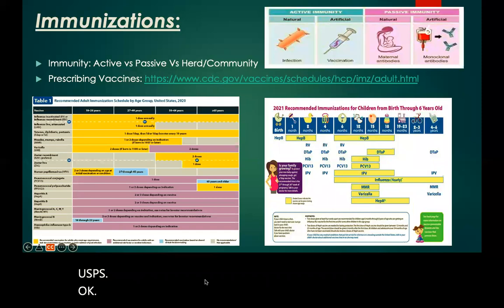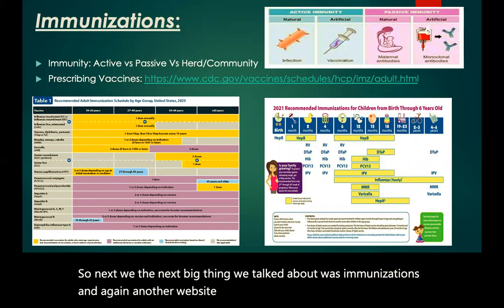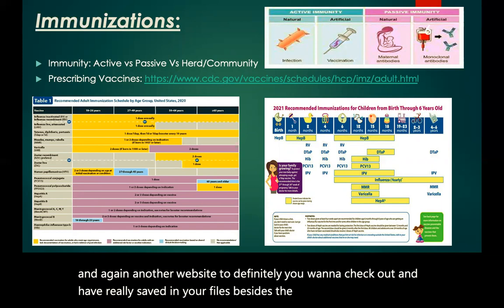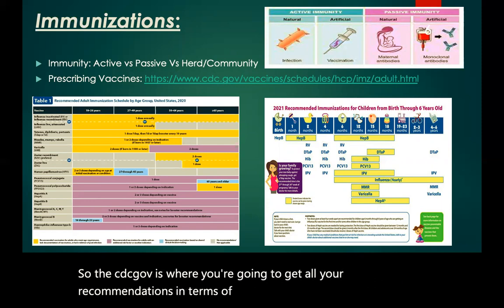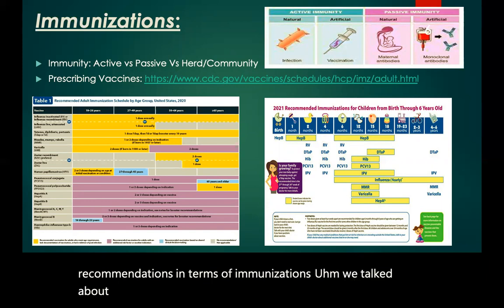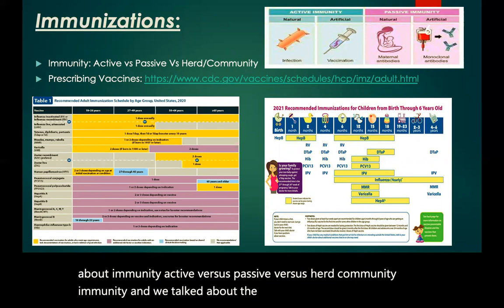So next, the next big thing we talked about was immunizations. And again, another website you definitely want to check out and have saved in your files, besides the USPSTF, is the CDC. So cdc.gov is where you're going to get all your recommendations in terms of immunizations. We talked about immunity, active versus passive versus herd community immunity, and we talked about the different vaccines that are